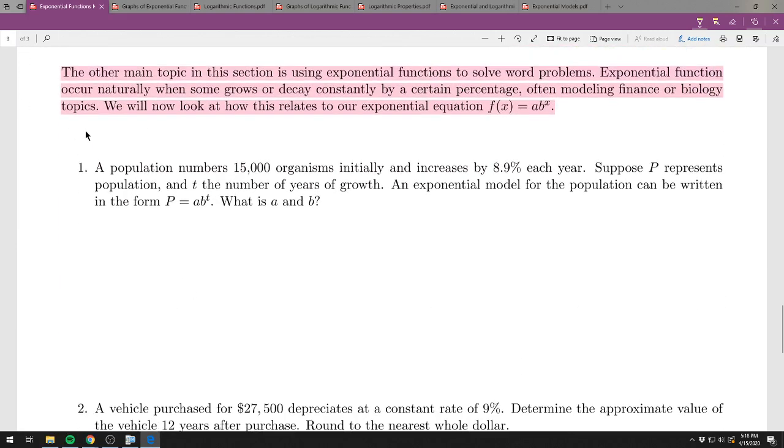So the last main topic in this section is just dealing with word problems, and I like to do a couple of these. They're not super heavy-handed. The reason I like to do a couple of these is it just gives you an idea of what exponential functions are used for. Exponential functions occur naturally when something grows or decays at a constant rate, but that rate is a certain percentage. So I can kind of just say an example